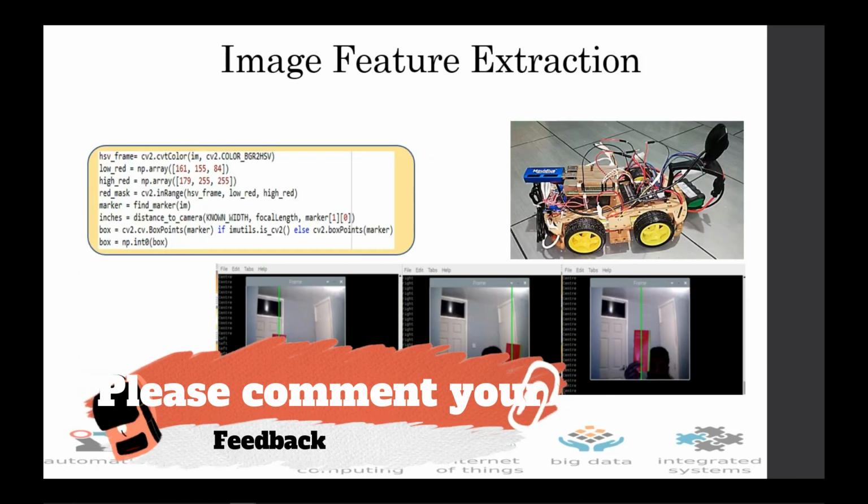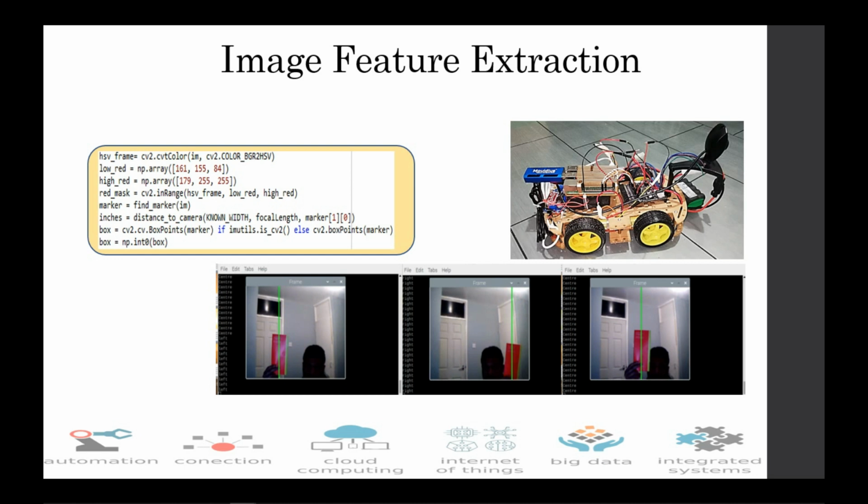Motor control interface. Image feature extraction. Here you can see my physical robot, and at the bottom are some screenshots of what it is capable of doing with the developed algorithm. You can see there is a red object, and the camera can localize where the object is. Here it shows it is left, here it shows it is right, and here it shows it is in the center position. With this line of developed code, converting BGR to HSV,